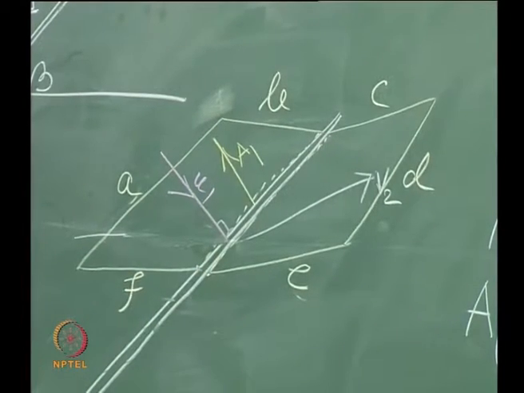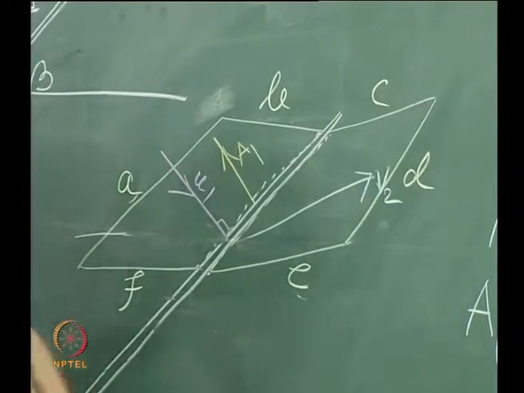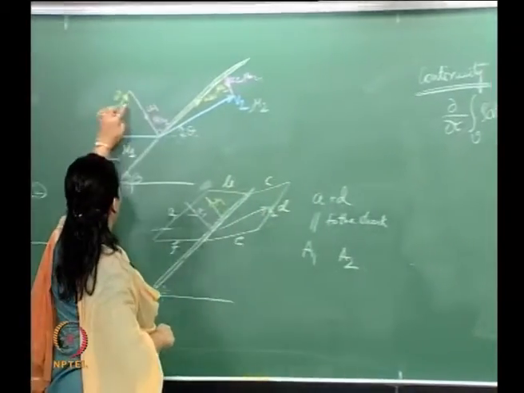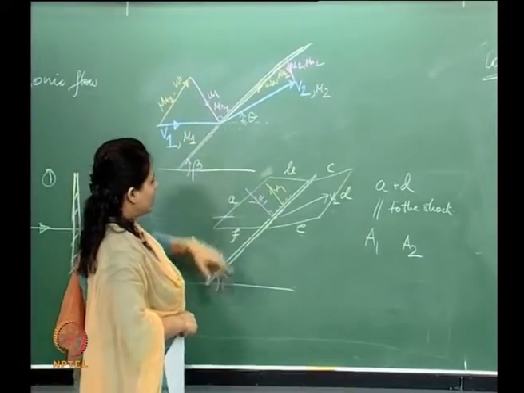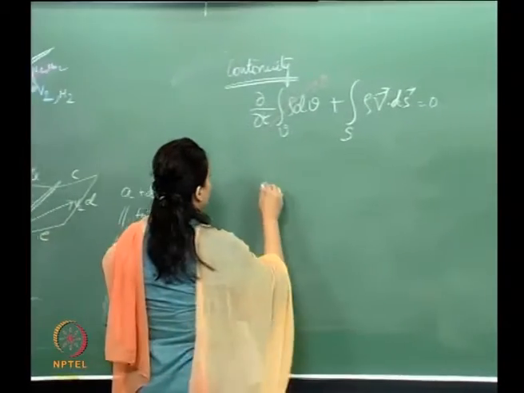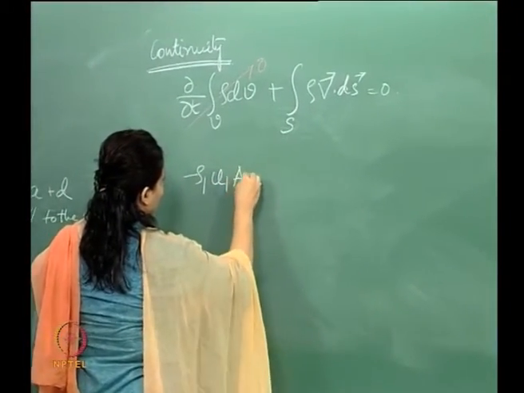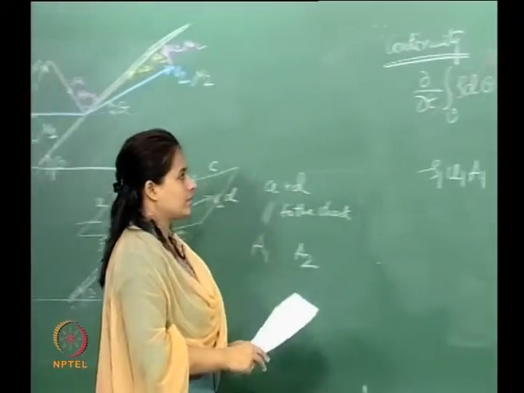This is my area vector. Therefore, if I had to write this integral for this component of the velocity, what we will get here is